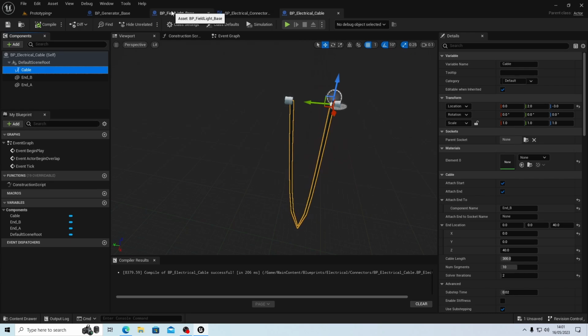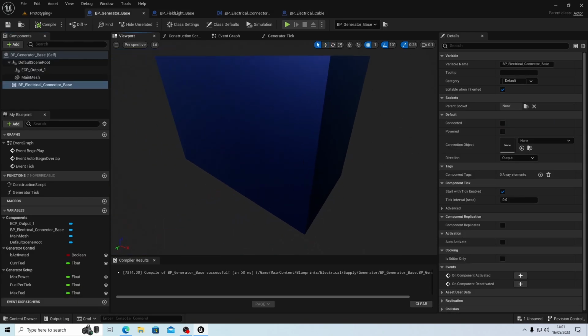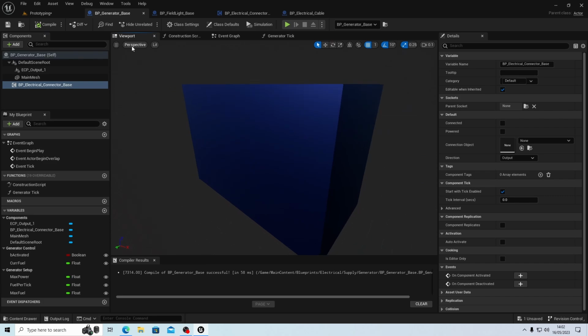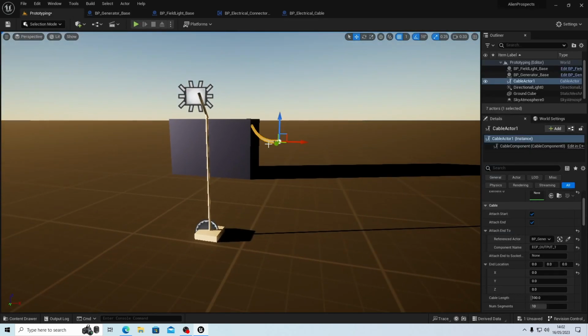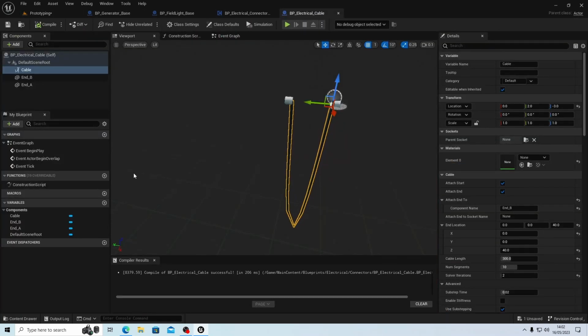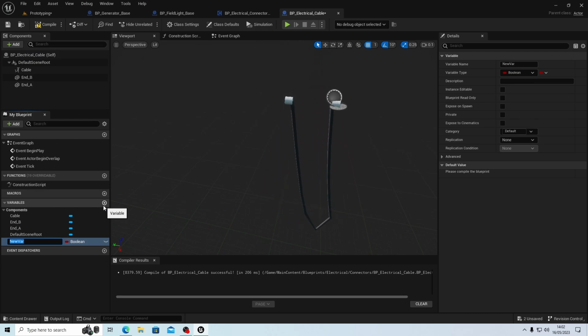Well, we did this last time, didn't we, with the cable itself. In here we got the cable and we attached them to the ECP outputs, didn't we? And we can do the same with the ECP inputs. So let's go to cable. Now we're not going to do too many checks to see if they're connected to the correct thing or not. That will come later on. All I want to do is get these connected and get some power in. So we will add in a variable, and so we're going to have end A